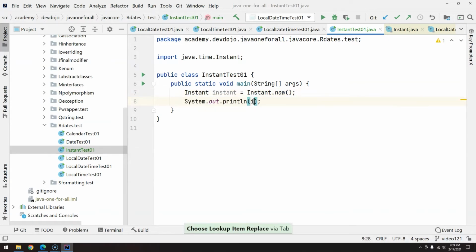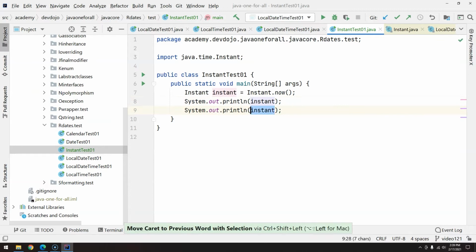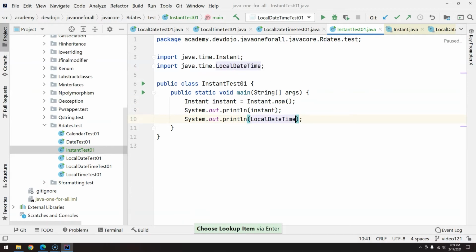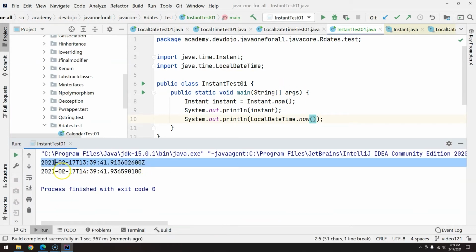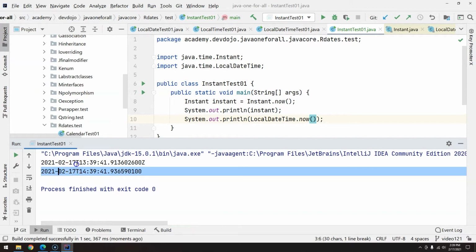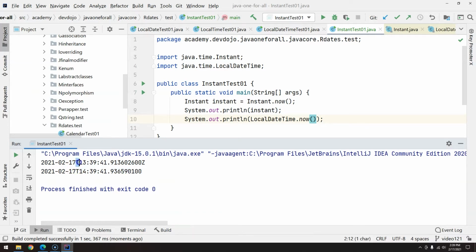So if we print here an Instant, and I'm going to print something from LocalDateTime, you will notice one tiny difference. The first one is the Instant object, and the second one is the LocalDateTime. The T is just a representation that we have to split the date and the time. And what is different between the Instant and the LocalDateTime is that Instant always returns the value in